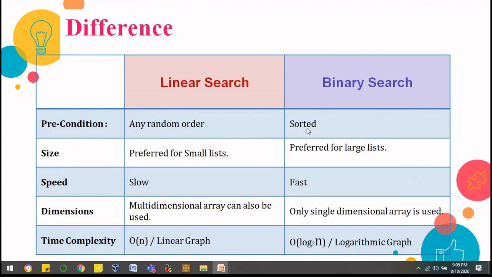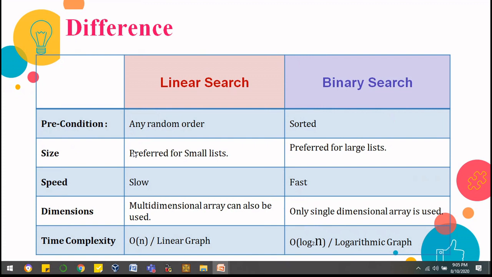But the mid value, because there the condition is that we have to find out whether the element is present at the mid. If it is not present at the mid, what will it do? It will either go to the left side or it will go to the right side. So basically, why is it going to the left and right side? Because let's say the mid element is 50 and I want to search 75. All the elements on the right hand side are greater than 50, so we know that we are going to find the element on that side. That is why the algorithm will not work at all if the elements are not in sorted order. So this is the precondition before we apply binary search, right?